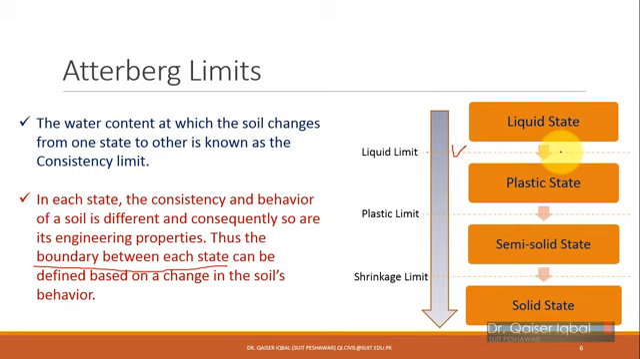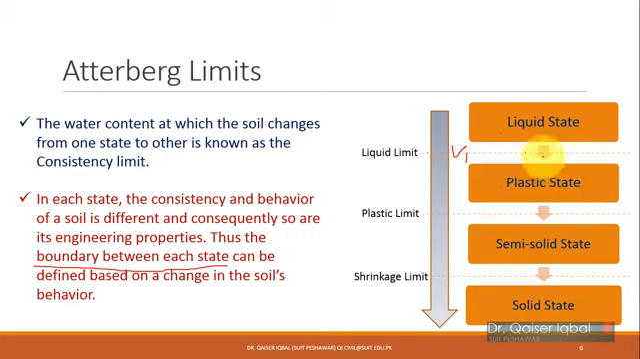Beyond this point, it will not be liquid, but it will be the next state. So that's why it is called liquid limit, because this is the point after which if you further dry, the soil will be no more liquid soil. So it is the limit of the liquid state, so it is called liquid limit. Then